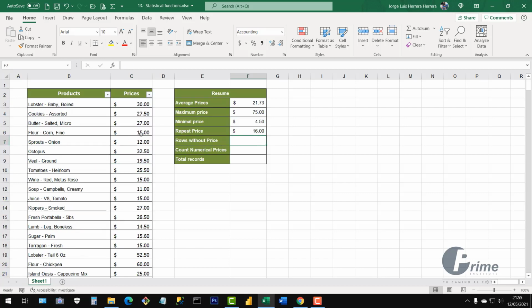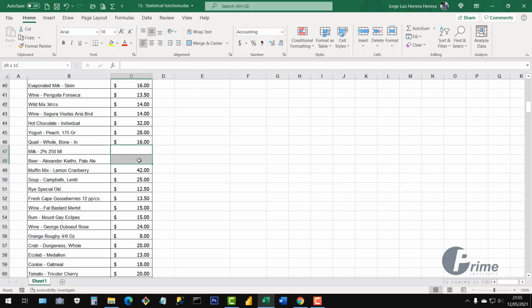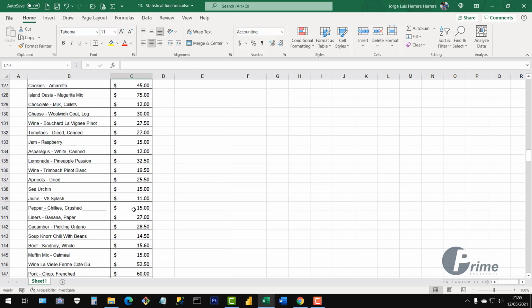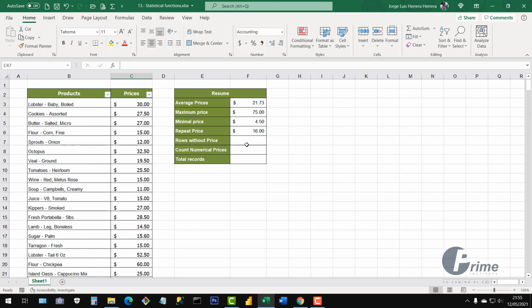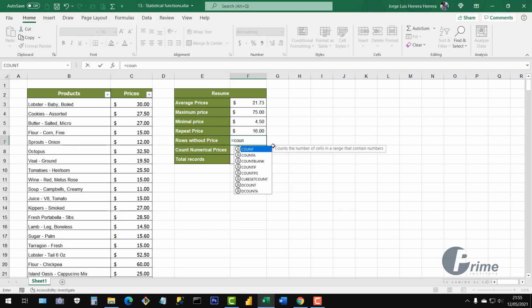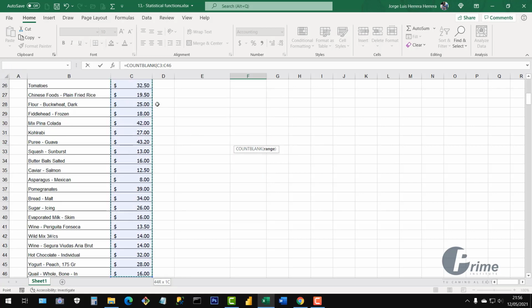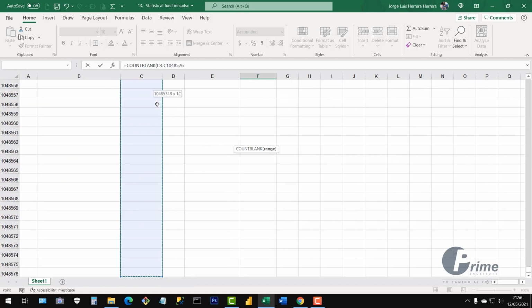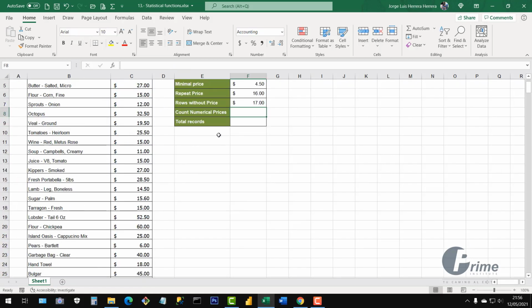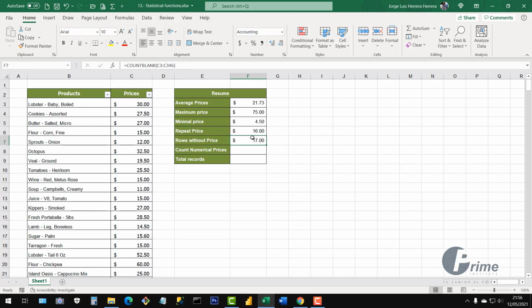And now let's count the cells that are blank. But we don't know how many we have, and not counting them manually, I need to use a function. So I have it here again, equal, and then it allows me to count. So I just say the count blank, and then I select the whole cell, all the cells here down. After selecting all of them, I close and enter. Now it's saying that there are 17 cells in blank, and also these cells that are here are not coins,